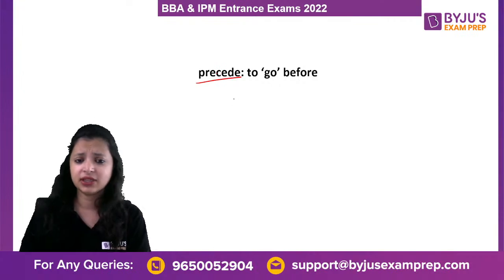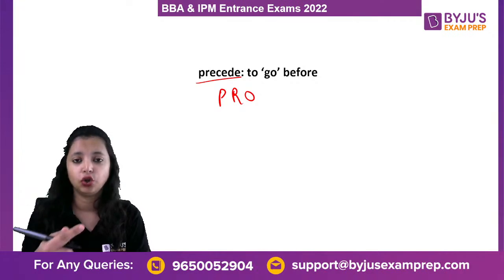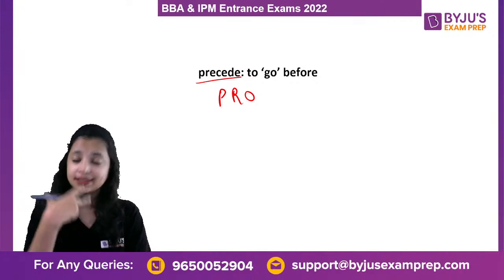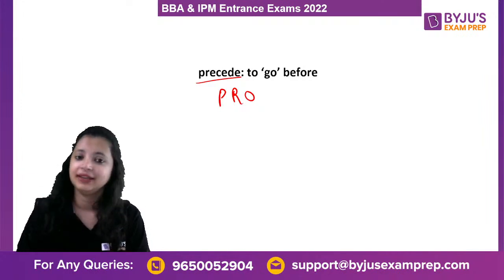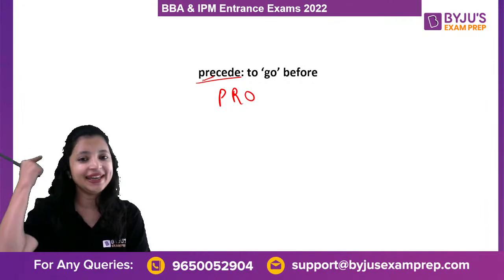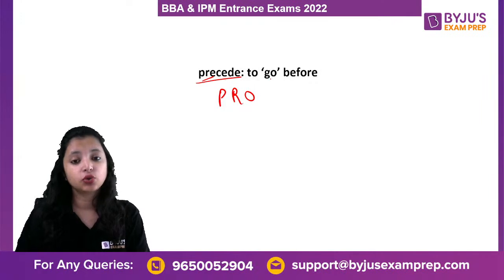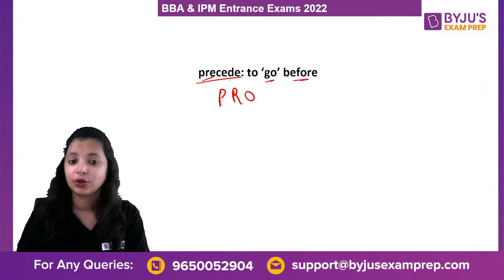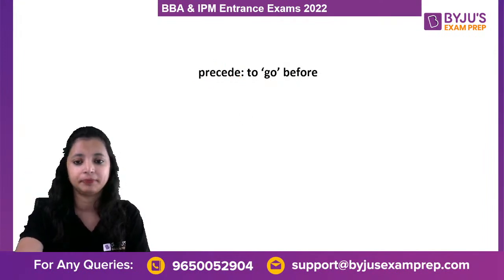Precede. Now there was a word proceed. Pro, aage. Seed, go. Pro, further. So to proceed, let's proceed further. Let us go further. Let us move further. That is proceed. But we have pre. Pre is back. Predated. Pehle. So precede is to go before. Pre is before. Seed is to go. Precede is to go before or go back.